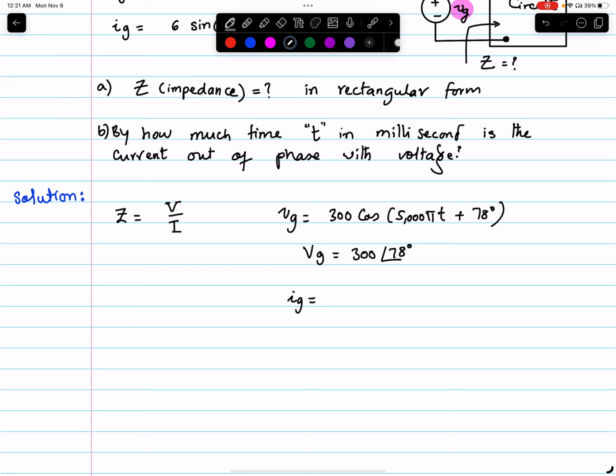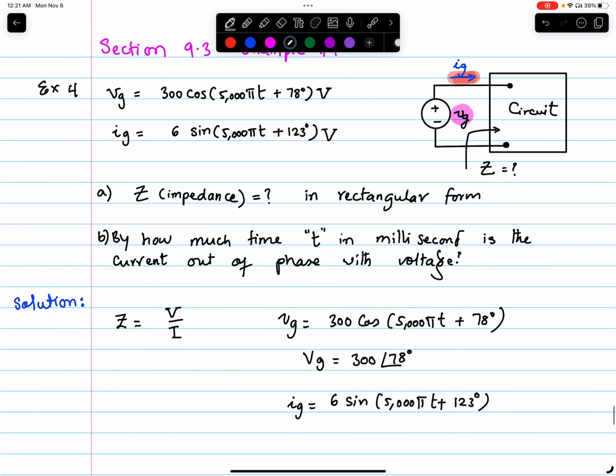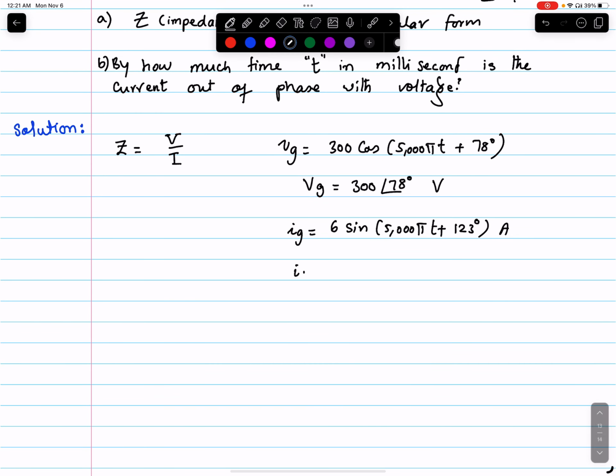Similarly, little ig is 6 sine 5000 pi t plus 123 degrees. And this should be amperes, I suppose. The one above is volts, and this guy is really amperes. Good. So this is volts, and this is amperes. Now it is not in cosine form, so the first thing we are going to do